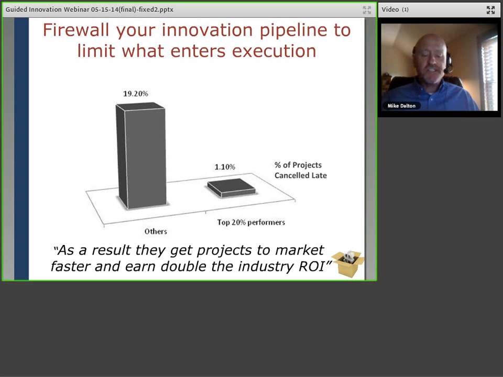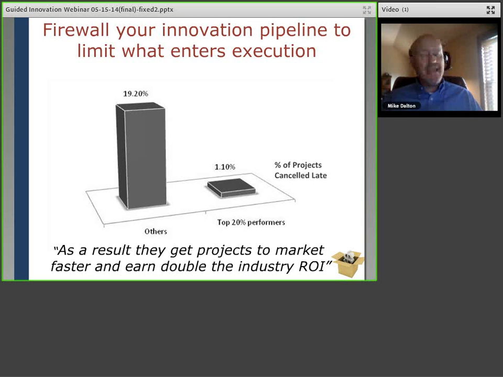So the first step is limiting entrance of projects into your pipeline using a firewall. It was Peter Drucker who said that there's nothing so useless as doing efficiently that which should not be done at all. And this chart really shows that, because on the left-hand side, you see the average performers in an